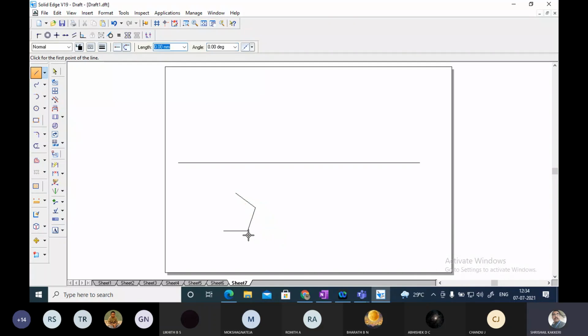Okay. Then after this, what you can do, hold control and mirror this and mid of this. Mirror I did. But what I did, I want this side parallel. So what you can do, you can write one vertical line.